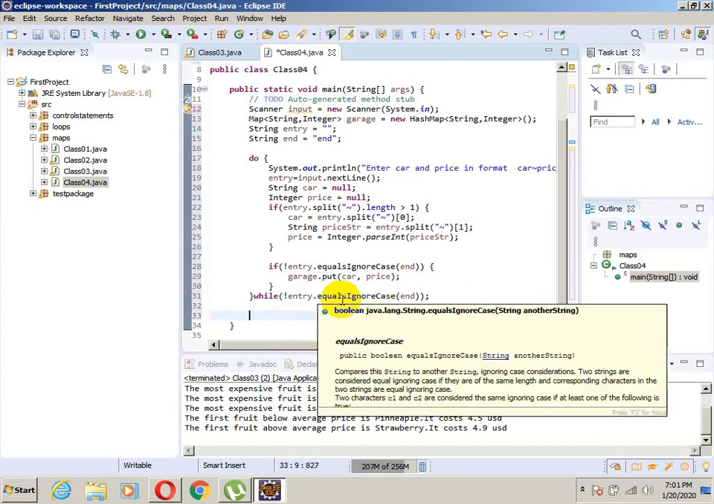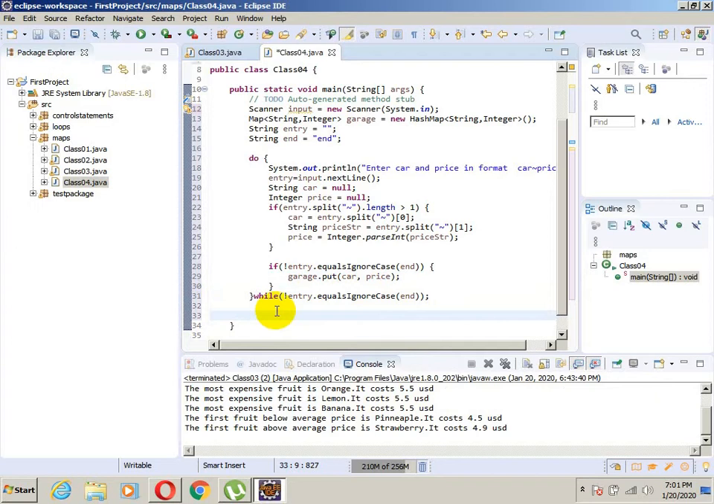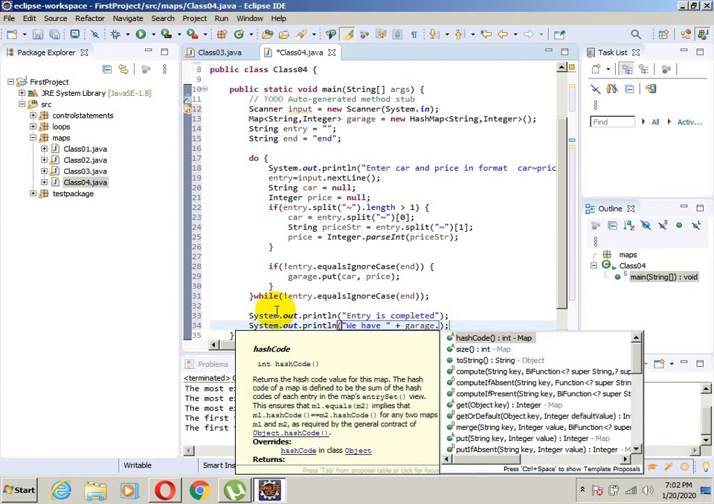Let me start. We will type System.out.println entry is completed. Okay, and we can write System.out.println: we have how many cars in the garage? Will be plus garage.size